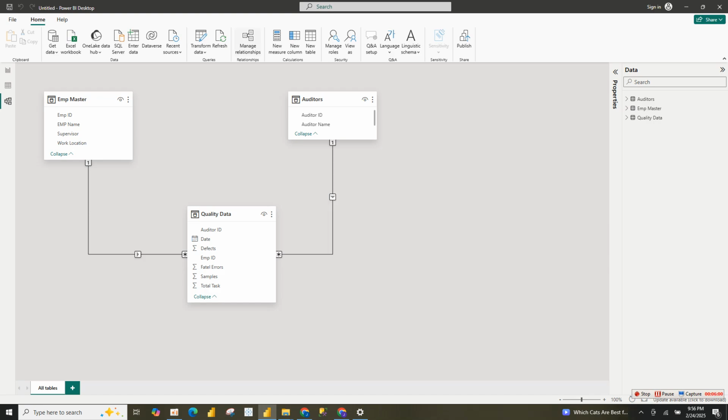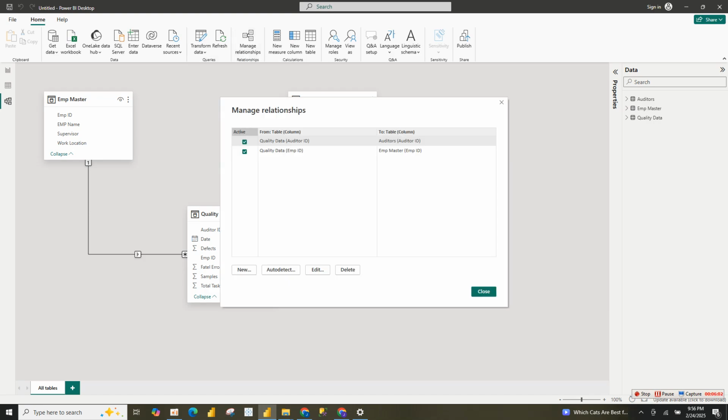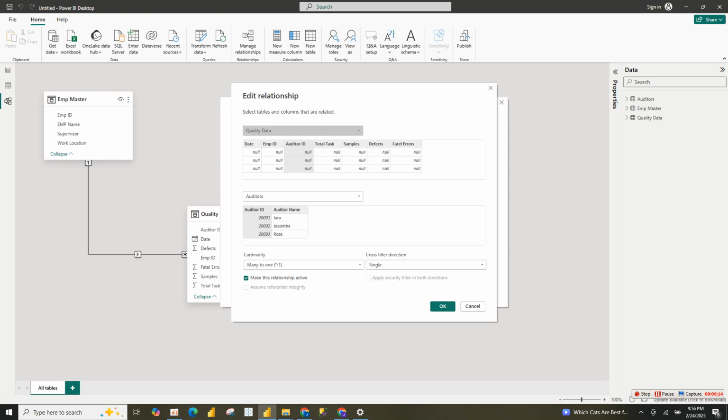You click on manage relationship, and it will take us to the window. So now you can see that it has already, I click on the first table. You see now that it gives me this, it's analyzed the type of relationship between them, which is the